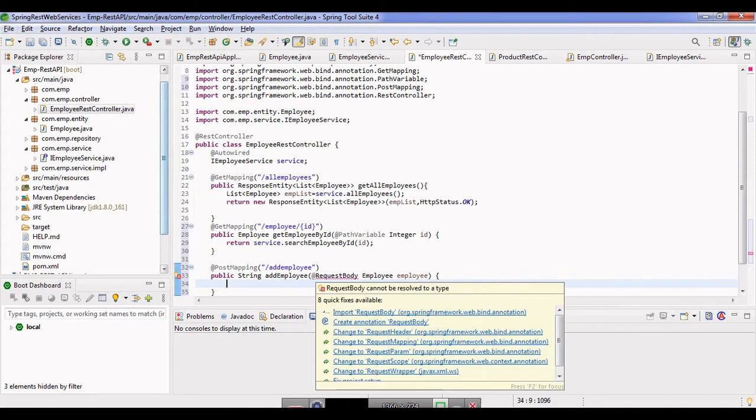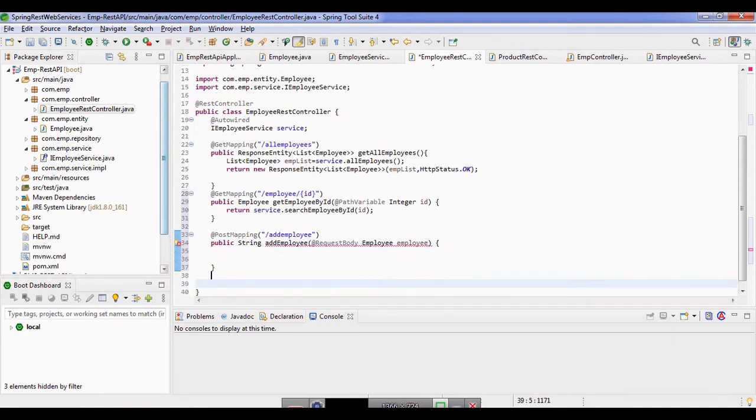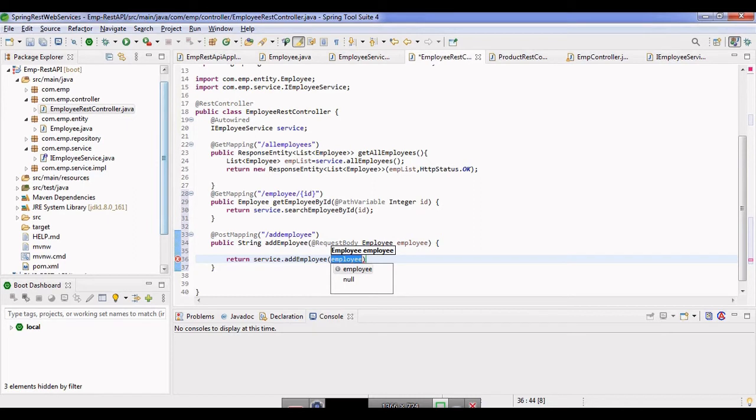Okay, so now I can write down the code which is going to give more clarity. I can write this return service dot this function, as you see already built, which is consuming an employee object which is going to be added. Okay, so this is all.